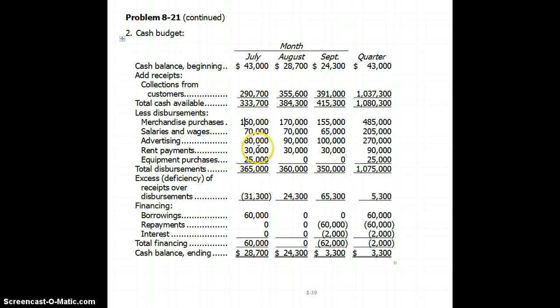So at the end of the day, what we do is we add up our total cash available, which is beginning cash, plus collection from customers, minus total disbursements, to give us an excess or deficiency, in this case a deficiency of receipts over disbursements, where we've spent more than what we've had available by the amount of $31,300. And that is the reason for the loan of $60,000, which we took out in July, or expect to take out in July, giving us an ending cash balance of